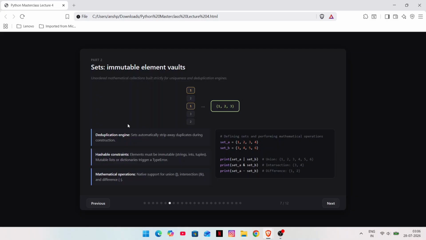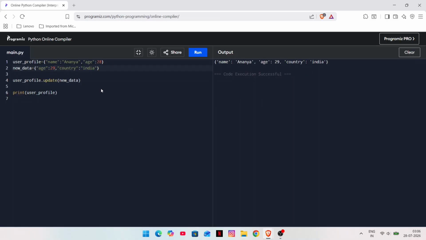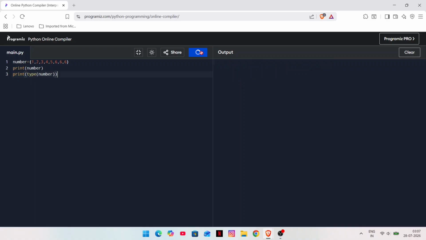First, let me write a code. Let's create a set first. How to create a set? Numbers is equals to 1, 2, 3, 4, 5, 6, 6. Print numbers, print type numbers. Let's run our code. Yep. As you can see here,